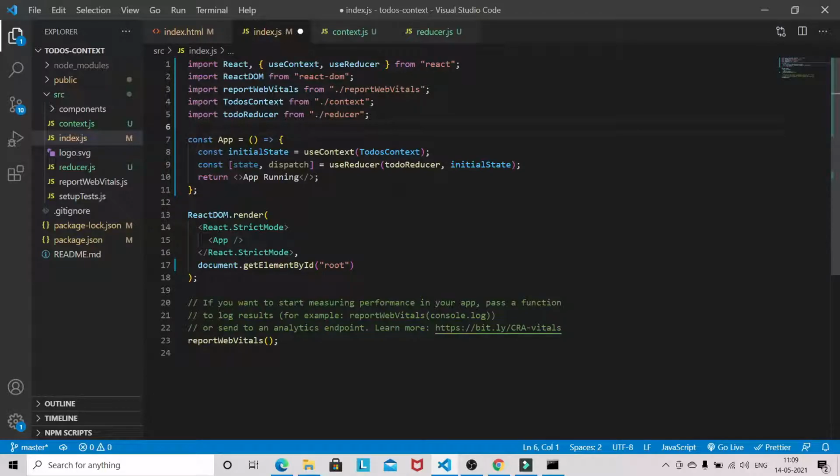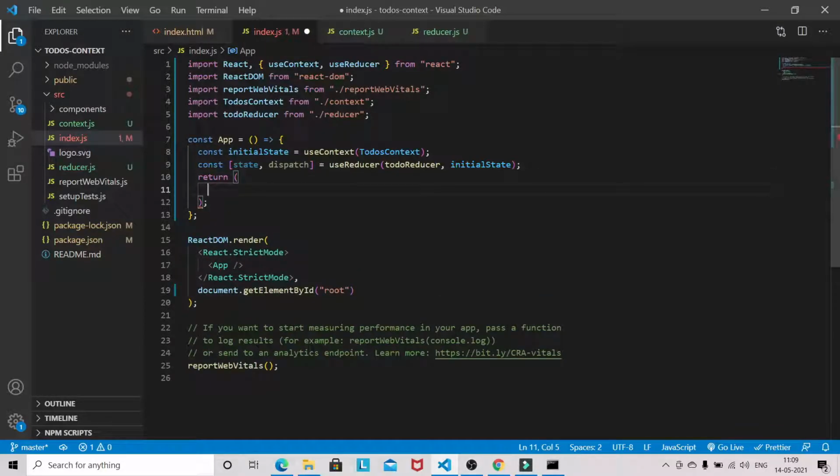Okay, now we will remove that and use to-do context dot provider.